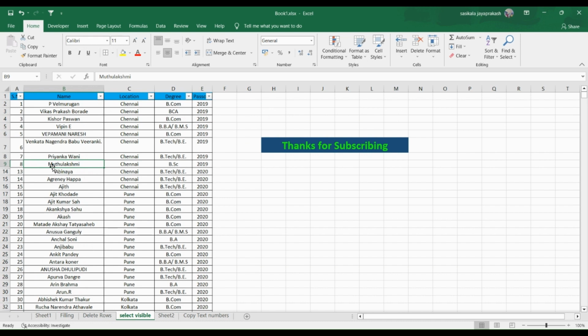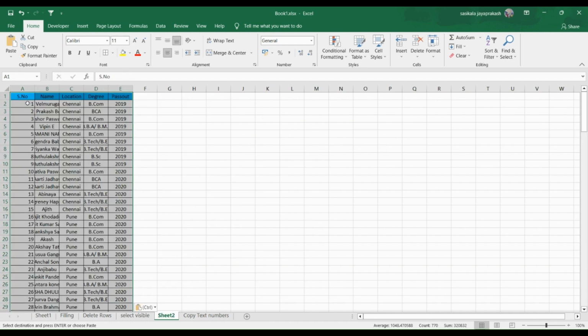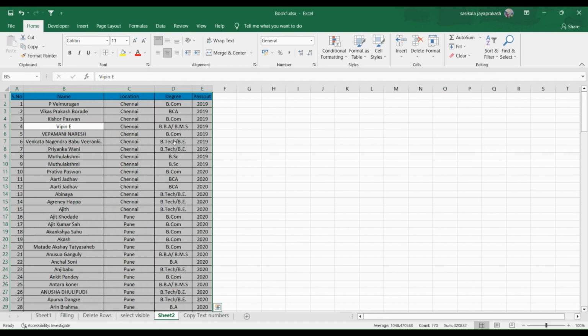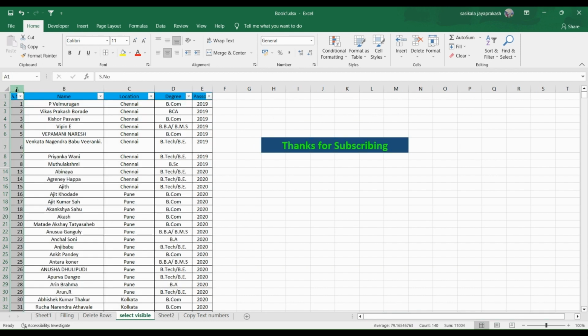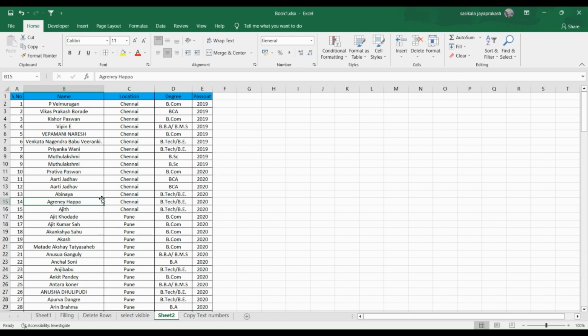Let's just check out. So Control A, and I'm pasting it here. If you see, the total number of rows available is 154, but what we selected is 140. So even the hidden rows have been selected here. So what we can do, let's clear this data out,